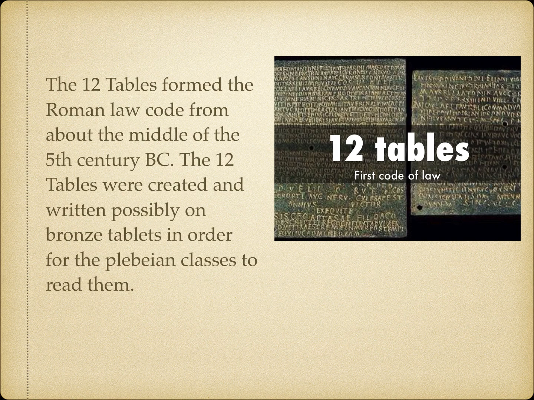So this is my short keynote lecture on what we call the 12 tables of ancient Roman law. The 12 tables are often called the first law code in history. That's not actually true. The first law code was in Babylon, and it was the Code of Hammurabi, which predates